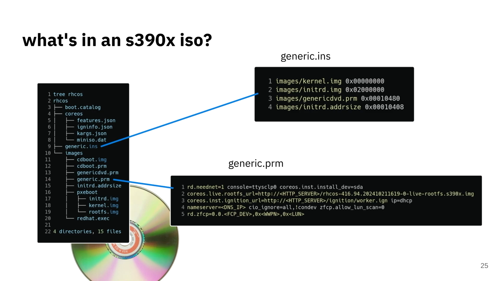Some of the parameters I can call out, for example, are the ignition. If you've worked with OpenShift, you've probably heard of that. So this partitions the drive, sets up networking, and some of the other initial stuff that you need to join the cluster. By the way, the parameters file, this right here actually wouldn't work because it has to be just one line. And I learned that the hard way because I looked at the LPAR and I was surprised that it would only set the first line every time. Yeah, it has to be one line.